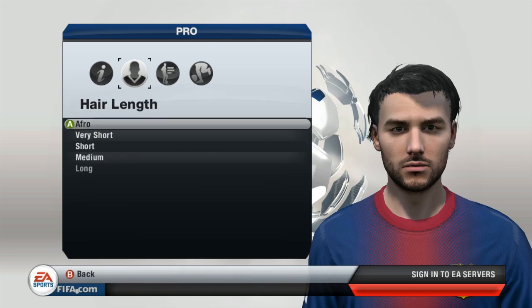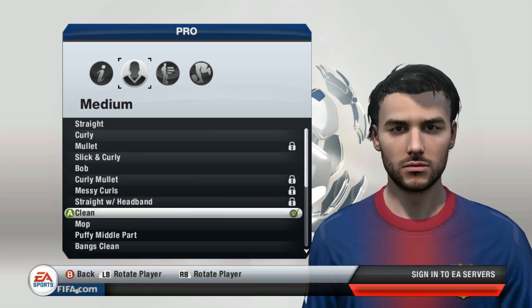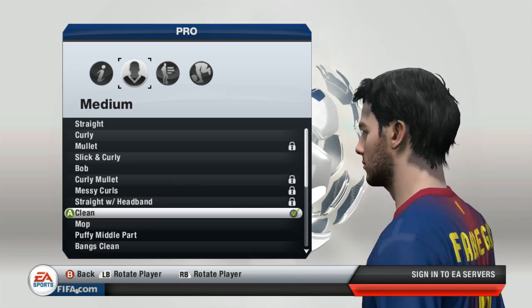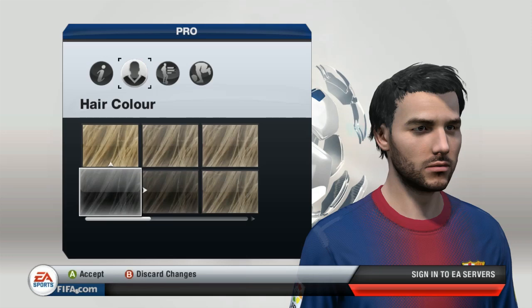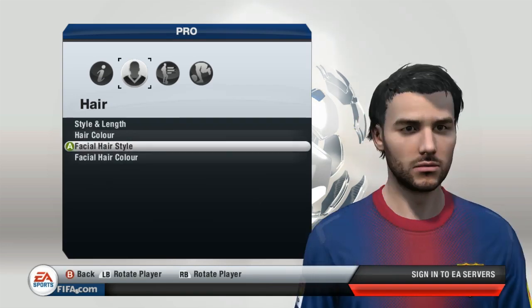Let's get into the hair then, the style and length. First of all, we're going to go into medium hairstyles, and there's some pretty terrible hairstyles in this game, but the way we're going to go for is the clean hairstyle, because I think this closely matches his recent kind of longish hairstyle for Barcelona. The hair color, of course, excuse me, let me just get my headset on properly. The hairstyle, of course, is going to be in black color, because that's, again, his hair